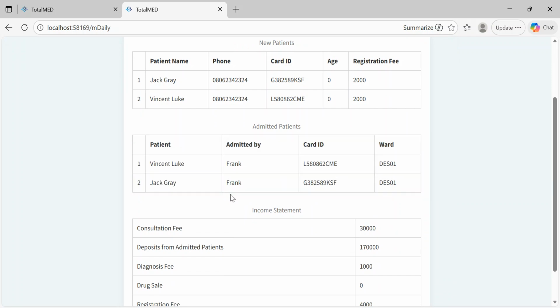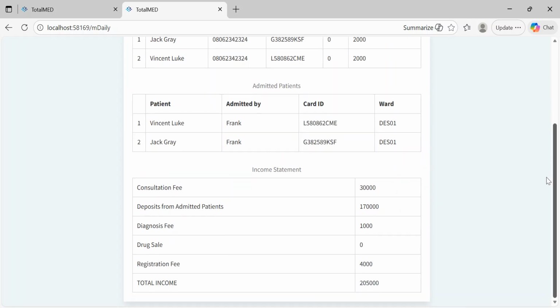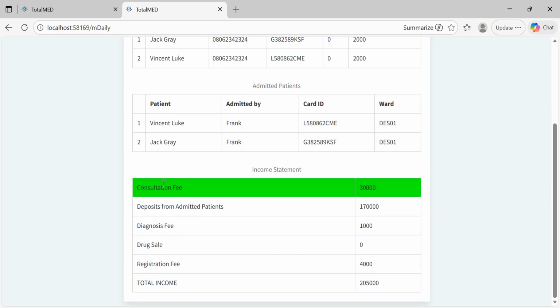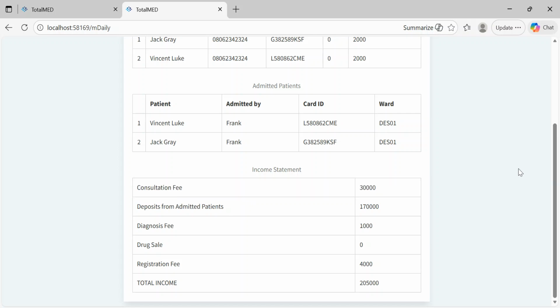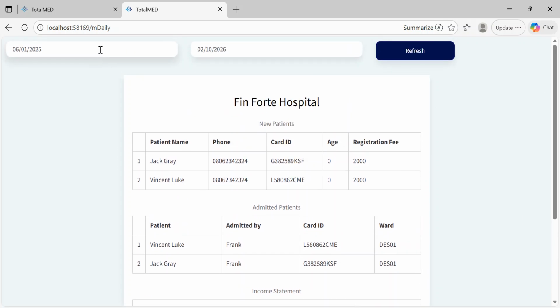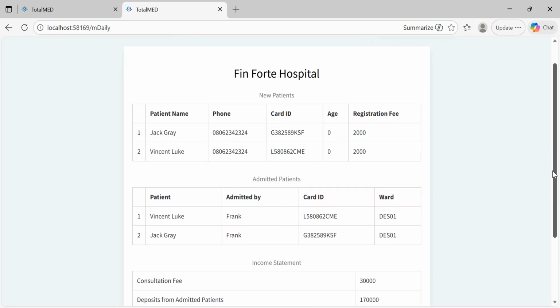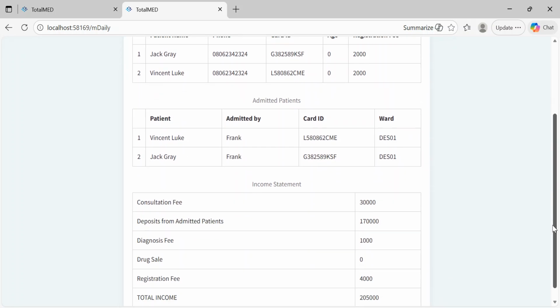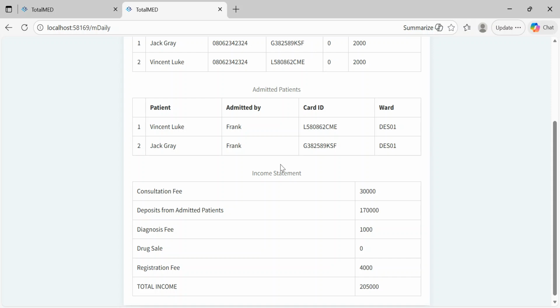Admitted patients within that time. Income statement. So what this is best for is when you do it for a day. At the end of the day, you just check that day's report, not just for a day, but if you want to do it for a whole month, you can do that too. So it shows admitted patients,